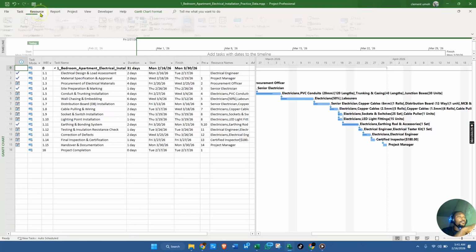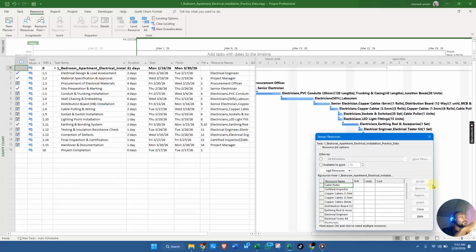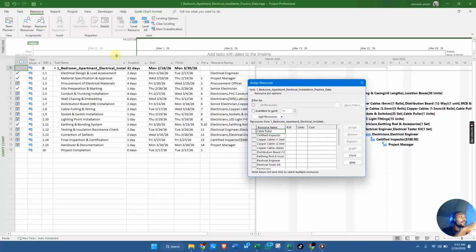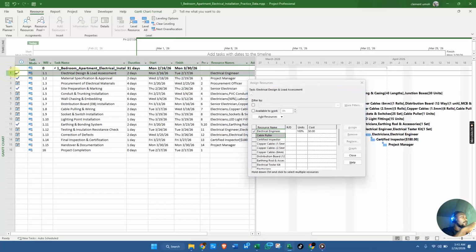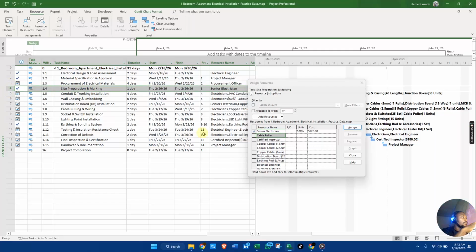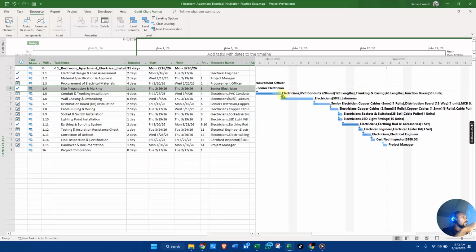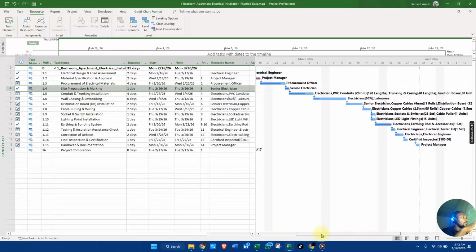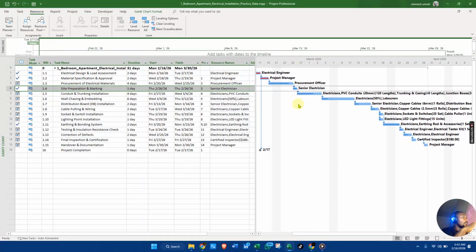Let me show you my resource pool. So this is my resource pool here. As you can see, you have to click here. I've assigned someone. You have to click here. I've assigned someone. You have to click here. I've assigned someone. Basically, if you look at this place on the Gantt chart, you can see that every individual,